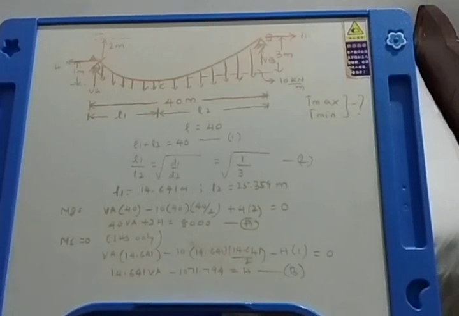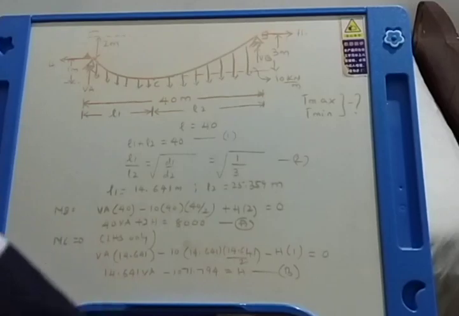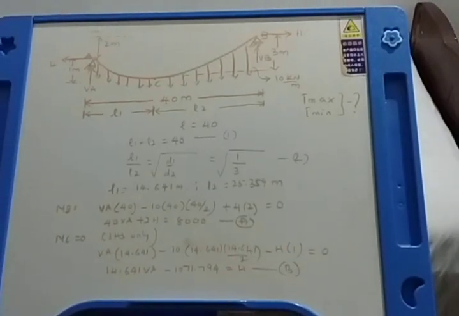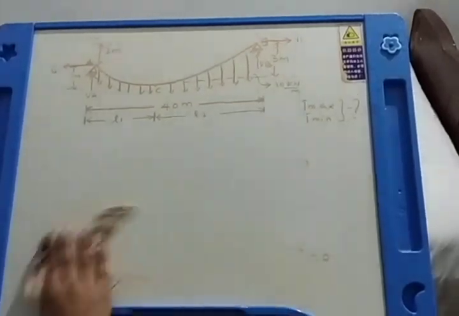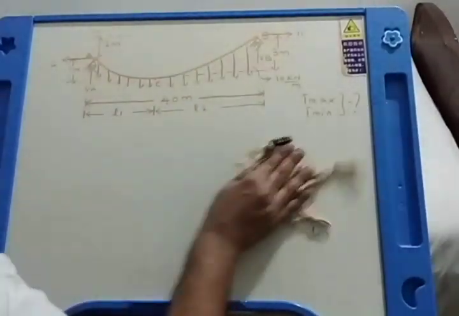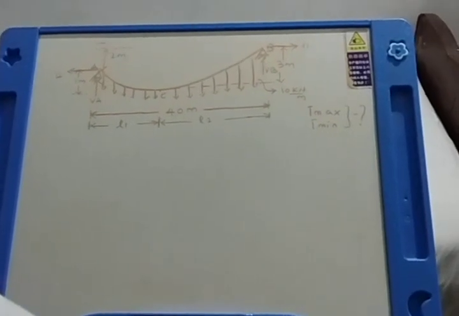Solve these two equations. Students, if you solve these two equations, you are going to get the value of VA and H. So I will just write down what the values of VA and H are. You can operate your calculators and check for the accuracy of the answer. You are going to get